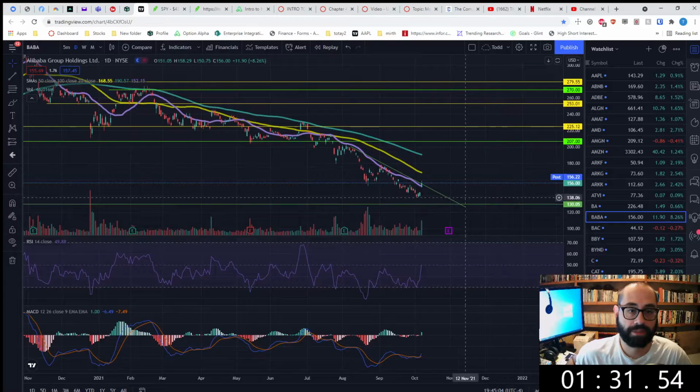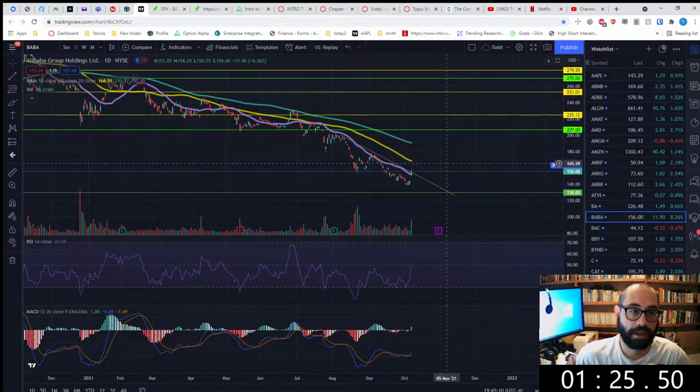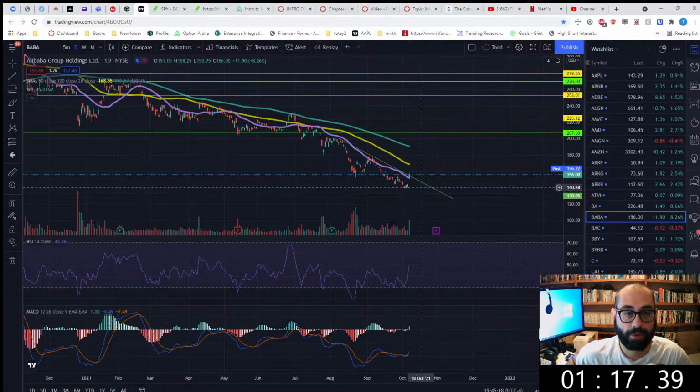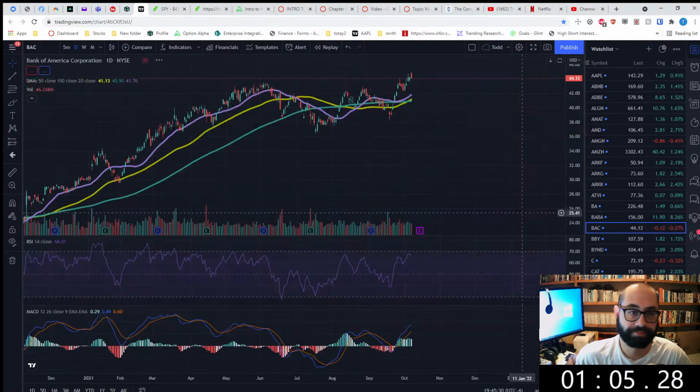BABA, I'm actually impressed with this jump above the 20-day. We'll see if it holds. I'm actually bearish on BABA for making me lose so many times on this ticker. I think it wedges down in here. At that point, I don't know what will happen. It's very possible that it could make a stand here, and this is a nice move again, but I don't think it holds. I'm still bearish until proven otherwise on them.